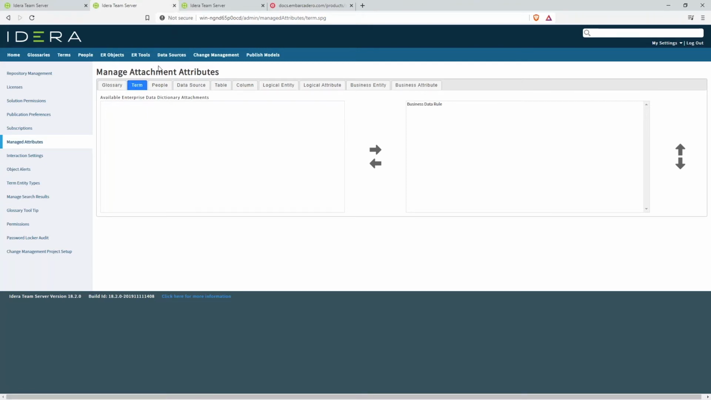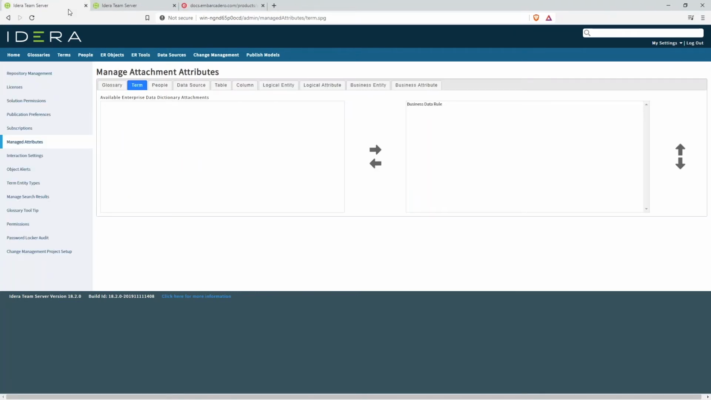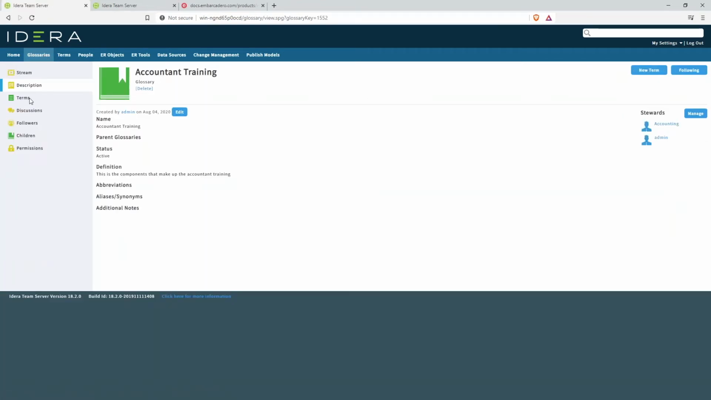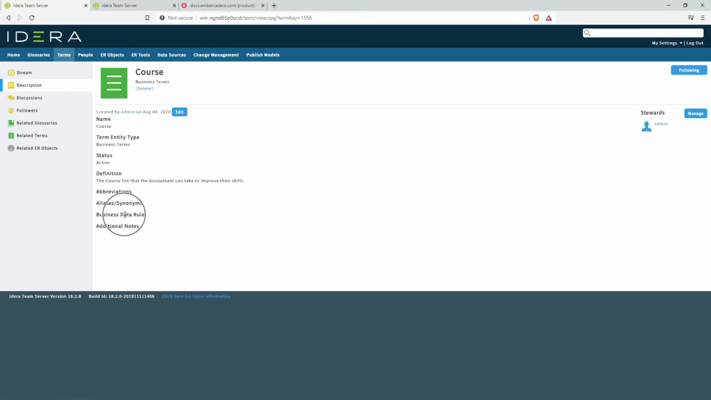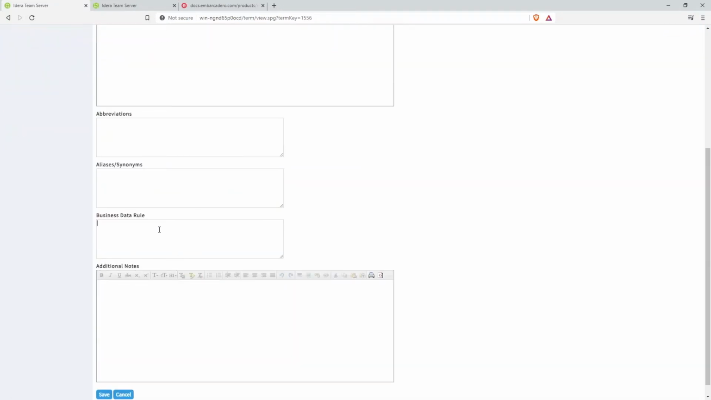So if I go back to a specific term, where am I here? I'm just going to cover the tabs that I have open here and refresh my brain. So if I go back into glossaries and I go into accounting and account training, and I take a look at the terms, now maybe it makes sense, like I said, to do this in course. So in course, as you can see, there's a business data rule attribute now. So if I click edit, I can say that there's a business data rule that every